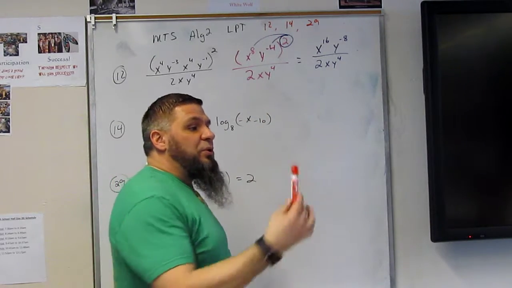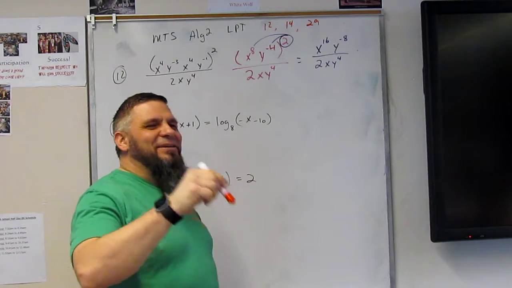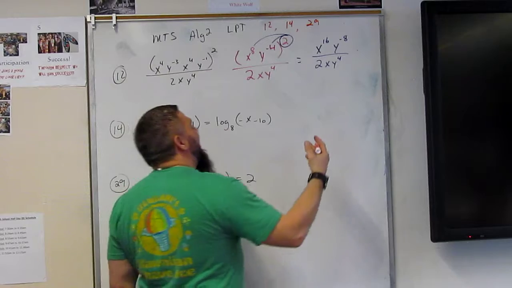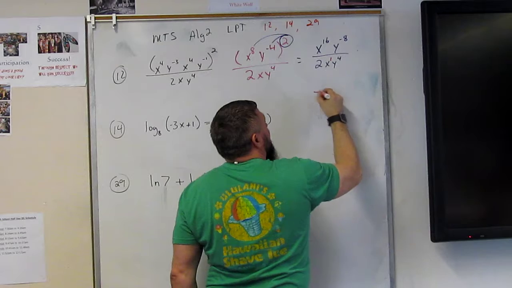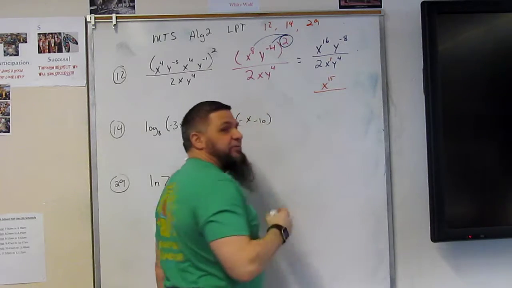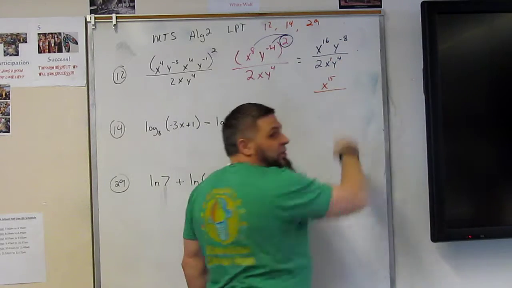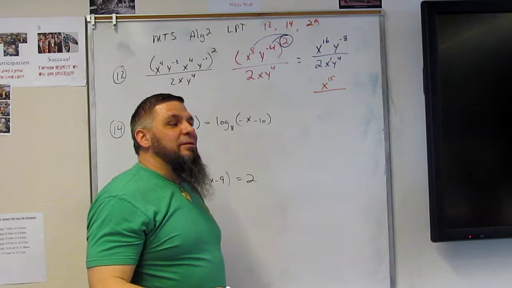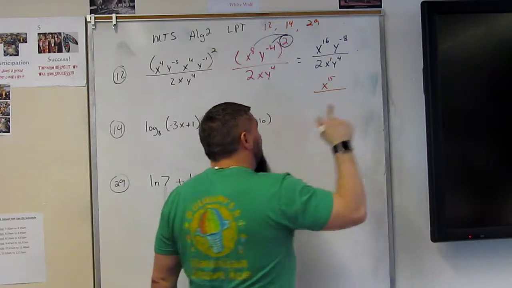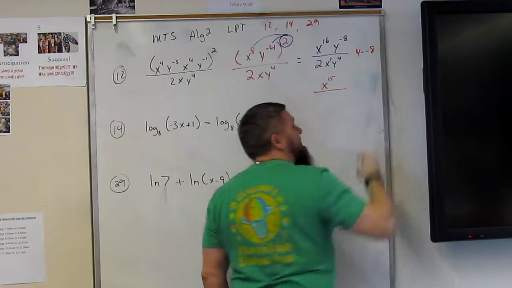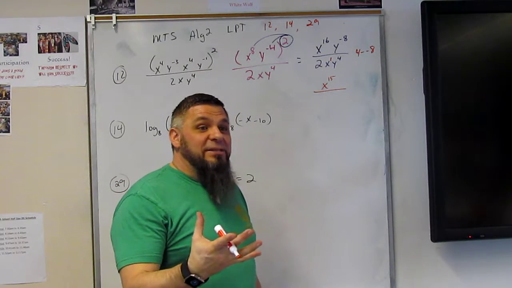And so what do you do when you subtract powers of the same base? Or sorry, when you divide powers of the same base? So you subtract. Right. So 1 from 16 is 15, right? And now which one's smaller, negative 8 or 4? Negative 8, yeah. So I have to take negative 8 away from 4. So basically I'm saying 4 minus minus 8, which is what? 4 minus minus makes a plus, right? So it's 4 plus 8, which is